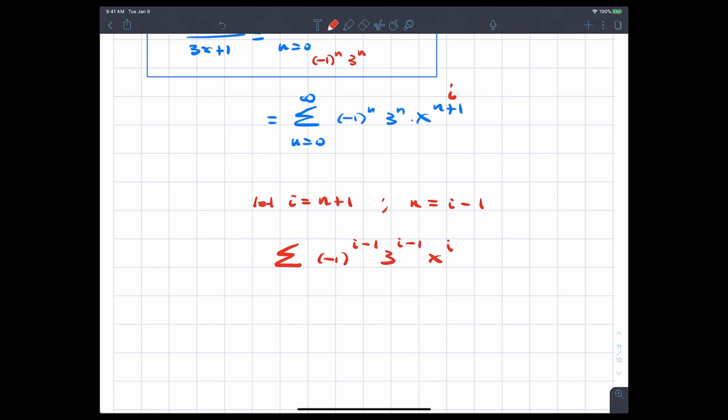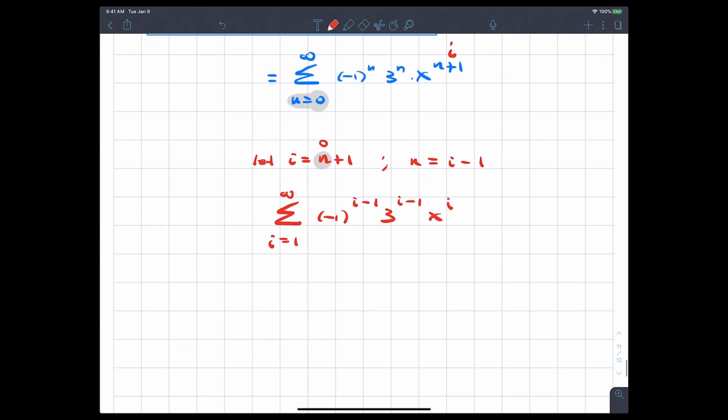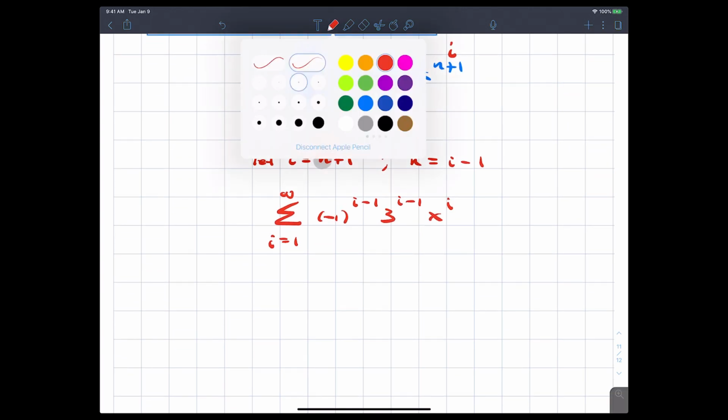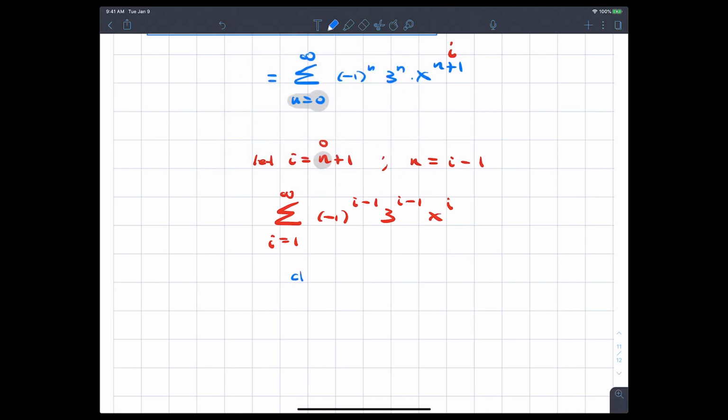When n is 0, plug in a 0 here, so i really starts with 1. So you can see it this way, but then you might say, what did they do again? They changed the index